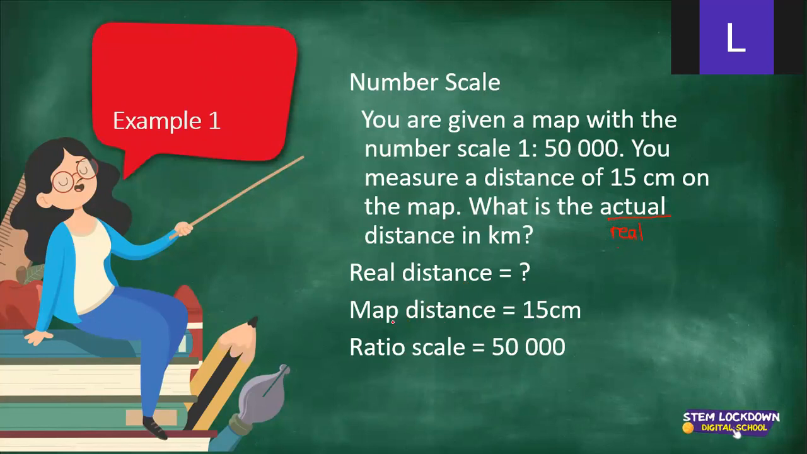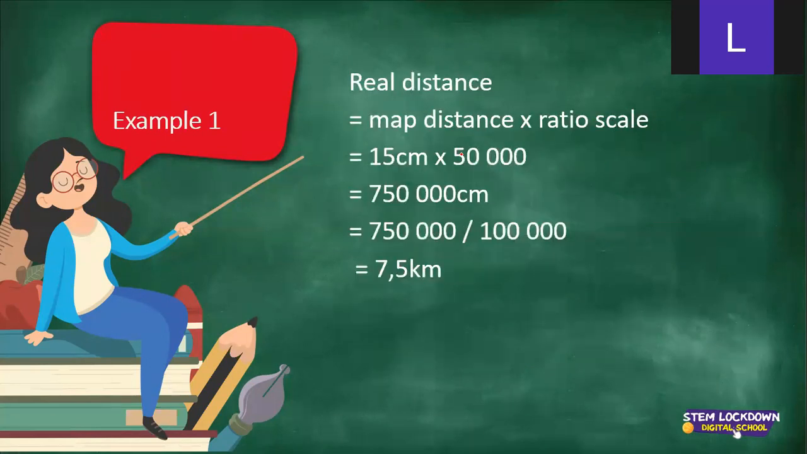I've measured my map distance using a ruler, and this is given, by the way. And my ratio scale, the real part of the ratio scale, this is the paper part. So in this case, I'm multiplying by 50,000. So my formula first: real distance is equal to map distance times scale. My map distance, the distance which I've measured on the map, is 15 centimeters times 50,000. So obviously I'm multiplying centimeters, my answer will be in centimeters. So my answer is